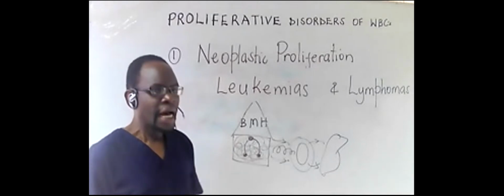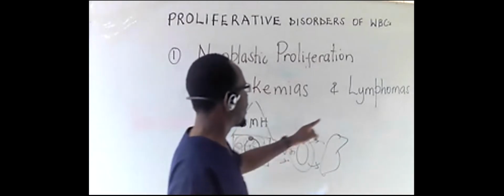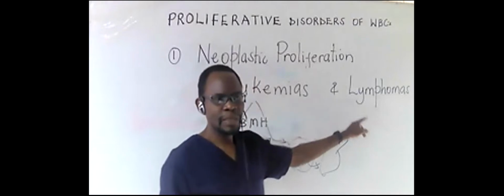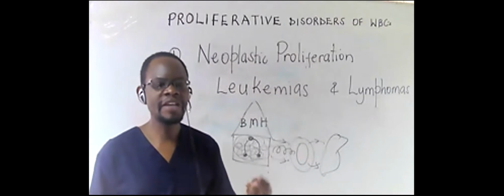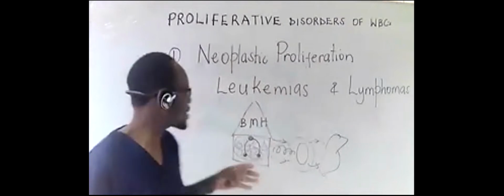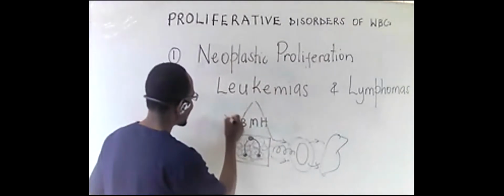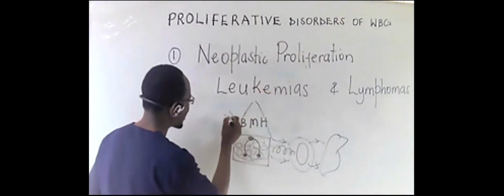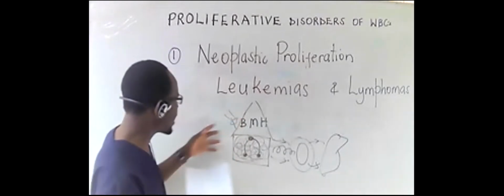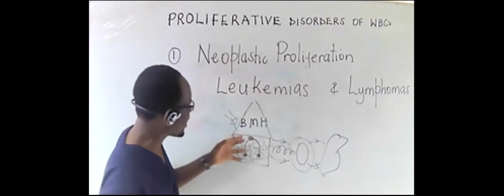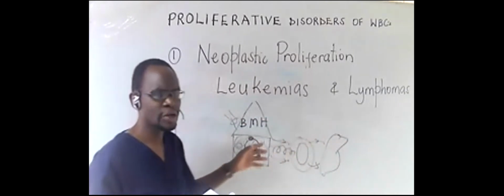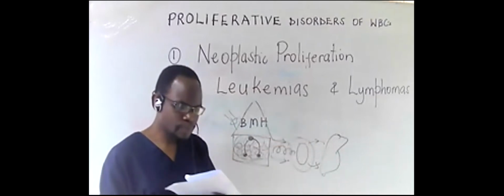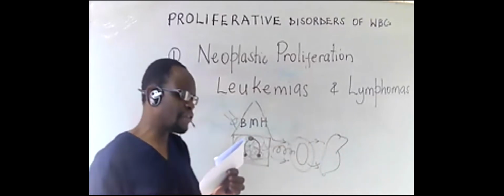Now, on the other hand, lymphomas. You know the difference between butter and milk? The difference is the fluidity. With the leukemias, it's like you're pouring milk. It is too much, and eventually it spills into the blood circulation. However, with lymphomas,